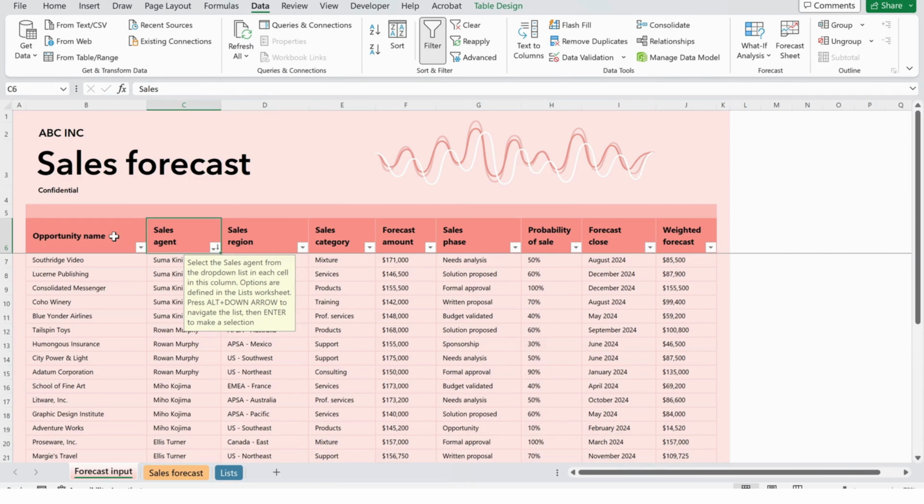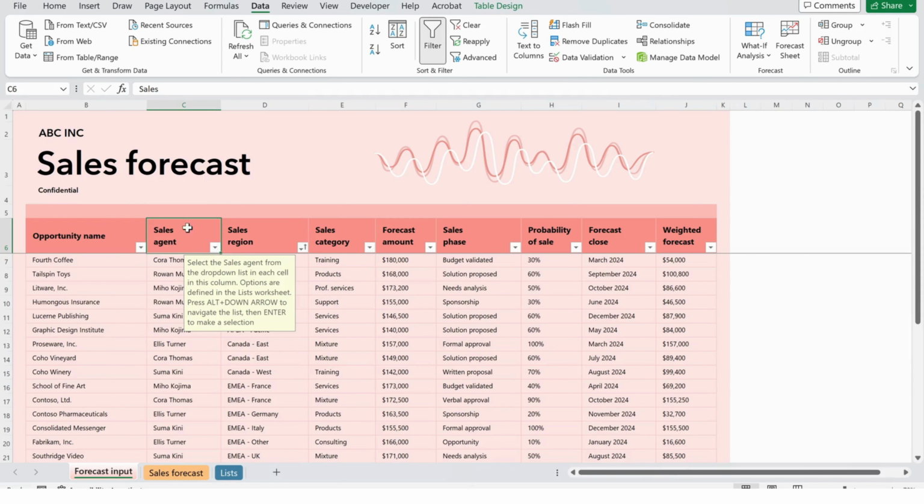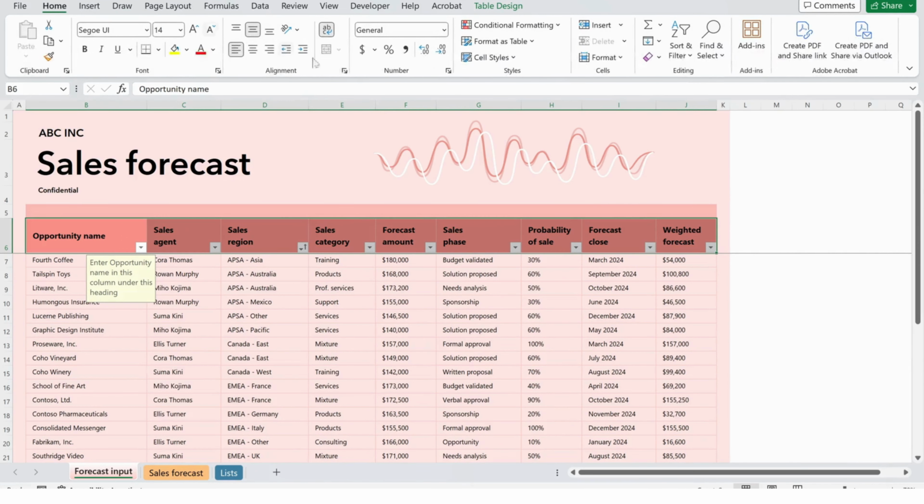You may get a question: can we sort this table based on two or more conditions? Now if we want to sort based on this column and I click on A to Z, the previous sorting is gone and we have a new sorting option. But we have another option where we can sort this table based on two or more conditions. If we go to Home and go to Sort and Filter,